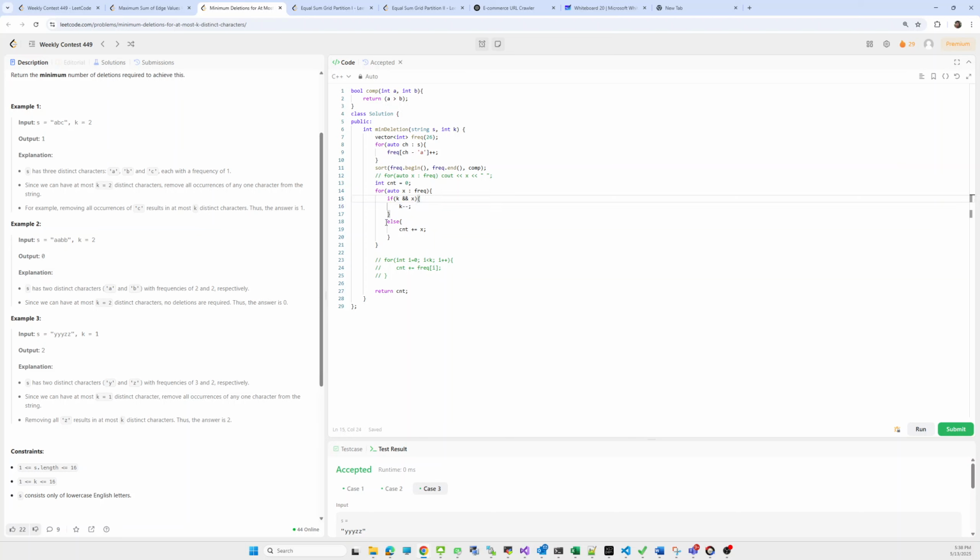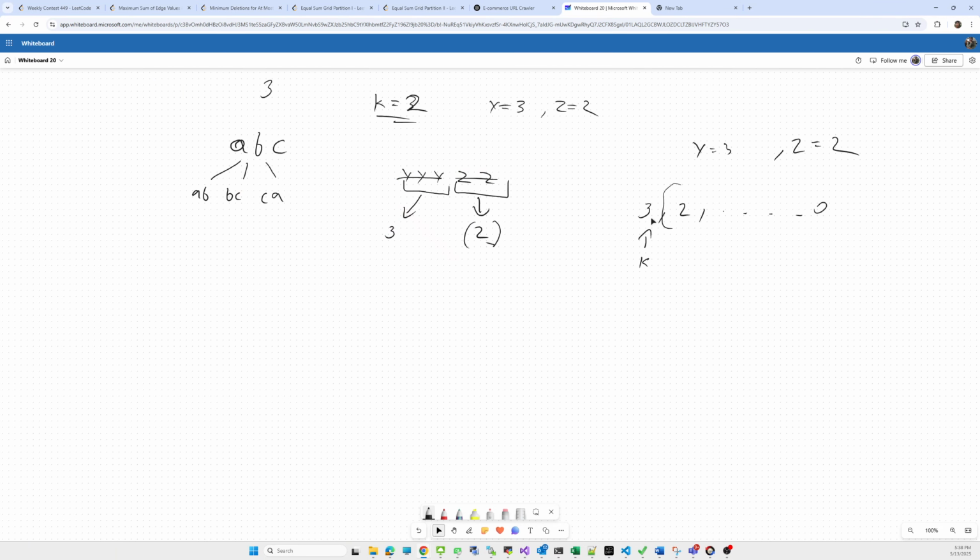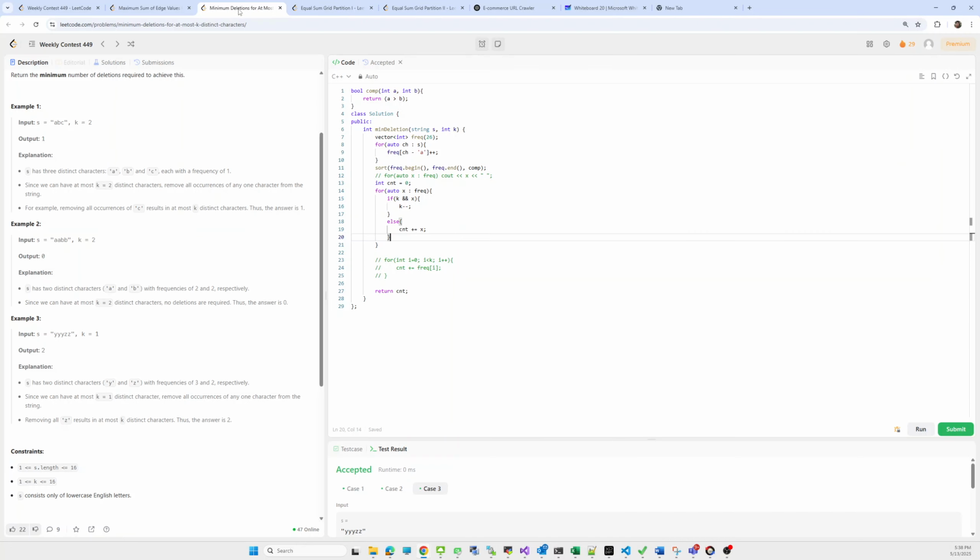After that, for the frequency of the other characters, whether it is 0 or anything else, for example y is 3 so we keep y, and for the rest of the characters, either z or a, b, c, whatever it is, we count the frequency of all of them. Then we simply return the count.